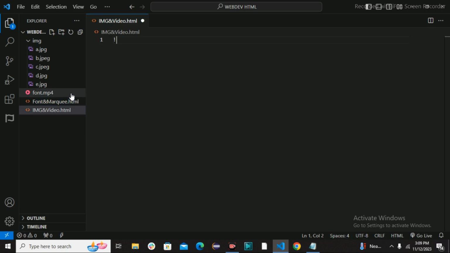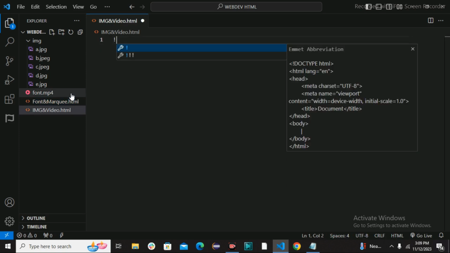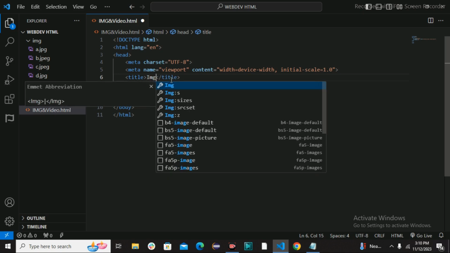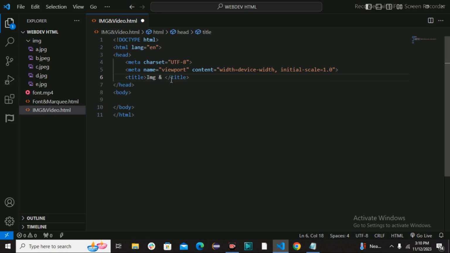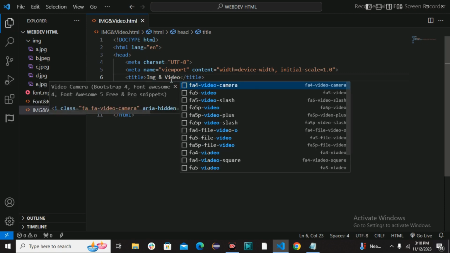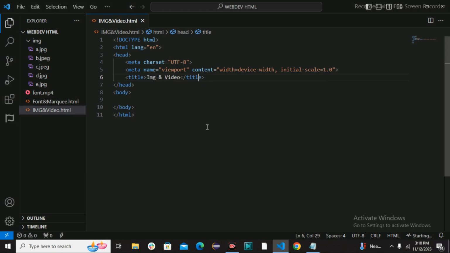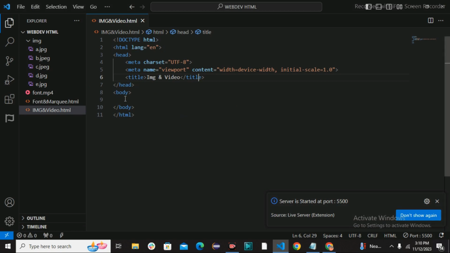I have created a file here, image and video. Okay, so I will open it with the live server. It opens with the live server, right? Image and video, that is the title. So right now what we will do here,